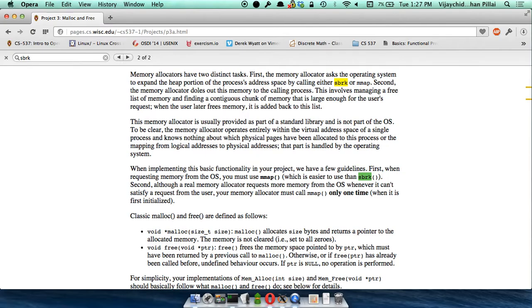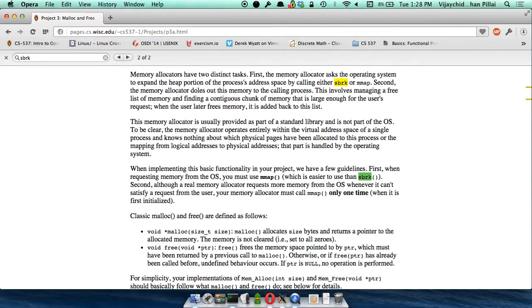Okay, what you're going to do is something on top of mmap and sbrk. In your programs, when you're calling malloc, you're actually calling a library function. Just like when you're calling printf, you're not actually doing a system call, right? You're calling a library function which does write to the standard descriptor 1 on your behalf. Similarly, malloc is also a library function which does mmap and sbrk on behalf of the user to the operating system, and that's where you're going to make a difference. So instead of using malloc, you'll be doing your own implementation of malloc, and you'll be interacting with the operating system to get memory for the user.